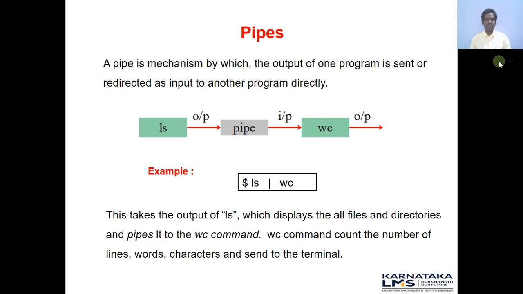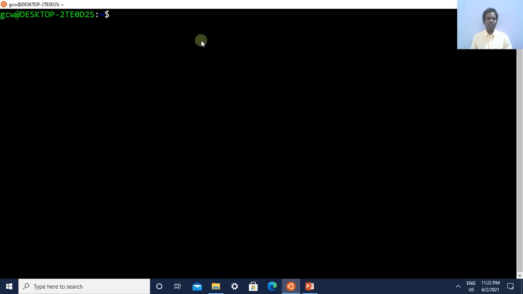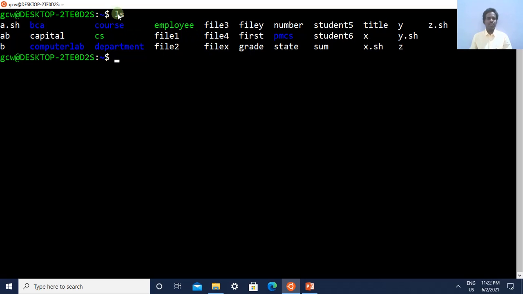Let us check this command on the terminal. Type ls and press the enter key. So usually the ls command displays all the files and directories. Now use ls pipe symbol wc. Press enter. It displays 31, 31 and 179, not the list of all the files and directories, because the output of